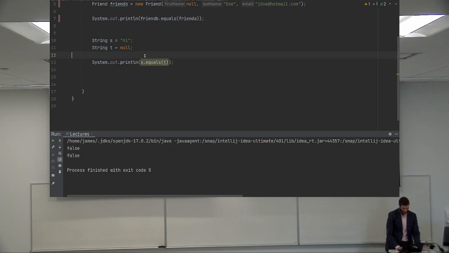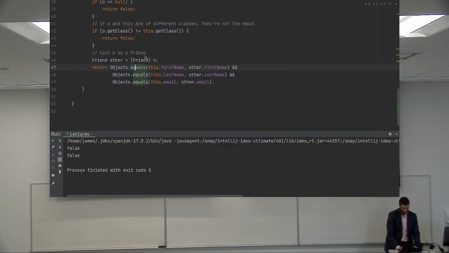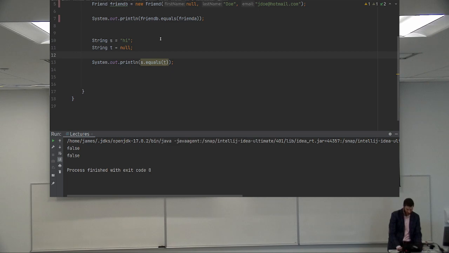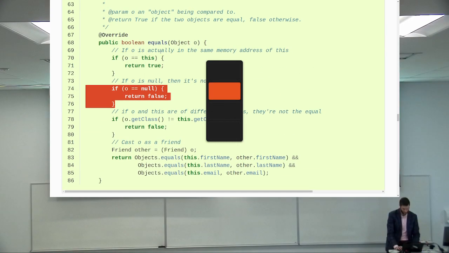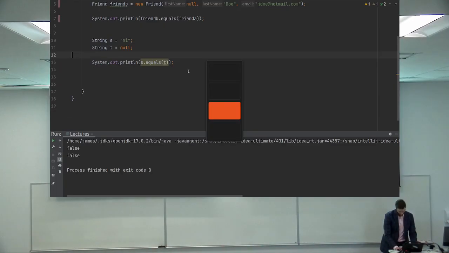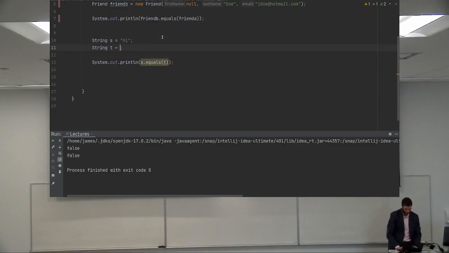So it's basically got that null check. In this context of how I'm using it here, t is null. So t would become like O, right? That would be the O here because it's the parameter. And if O is null, it's not equal. We've got that check. But we've got a bit of a conundrum here. We've got a bit of a problem. If we put this back,